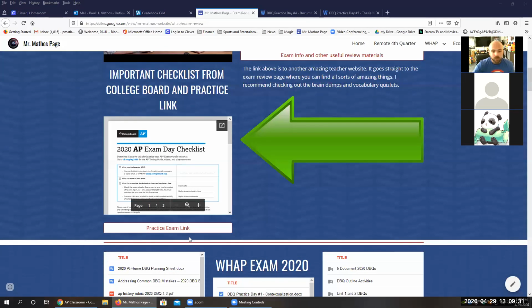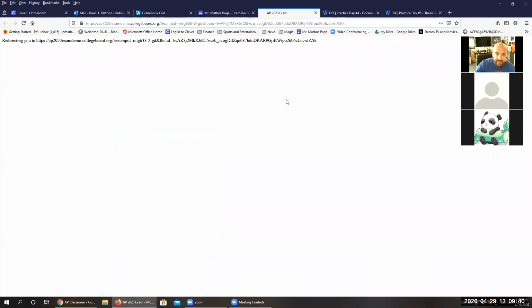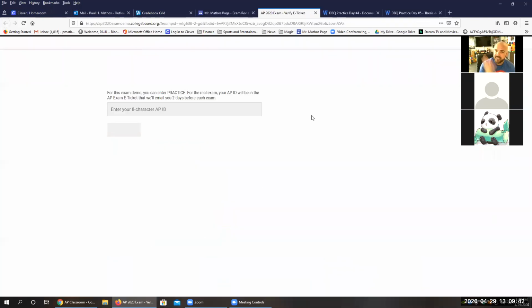The next thing, you see underneath it, it says practice exam link. No, this is not a link to actually write a DBQ. When you click on it, it's going to take you to the same kind of page that you'll be doing your exam. So what will happen is the day of the exam, you'll probably get an email where it'll take you to a site like this. You'll put in your AP ID, and it'll take you to the next page. For this thing, it tells you can use the word practice. So just to show you guys,